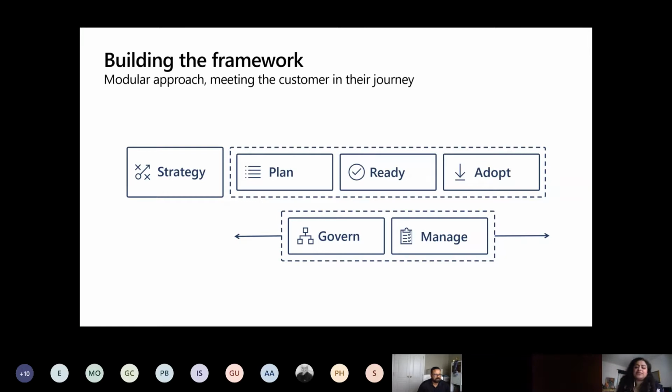The framework itself, right? Each of the terms specifically will seem familiar, as I mentioned. I'm going to cover strategy, plan, ready, adopt in detail. And then I'll leave governance and manage to Jay as part of the larger governance model, okay? So in the context of plan, ready, adopt, we all know that